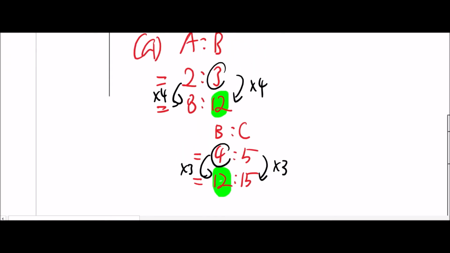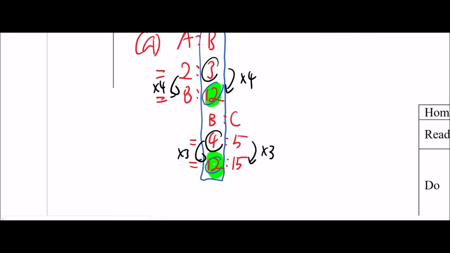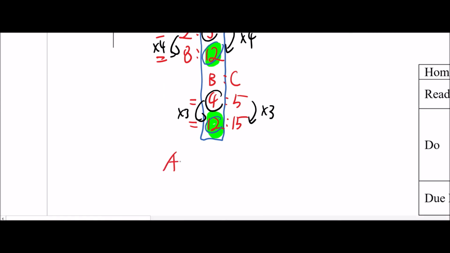Can you see that now? I can now compare. The B is over here. I have 12 and 12. Now I can compare. Now I can combine. So let's go ahead and do it. So A is to B is to C is now